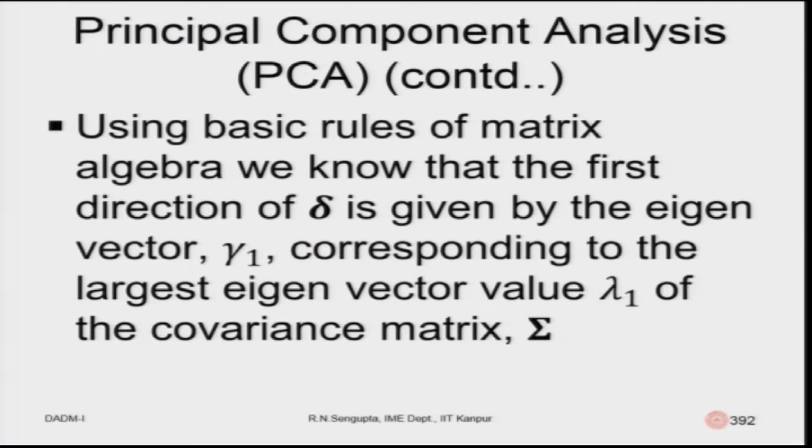Using basic rules of matrix algebra, we know that the first direction of lambda is given by the eigenvalues. If you remember in the eigenvalues case, the eigenvectors gamma 1, gamma 2, gamma 3, gamma 4 would be orthogonal to each other. What we are trying to do is, for the linear combinations, break the relationship of the covariance structure